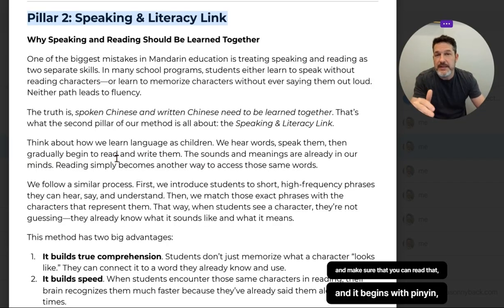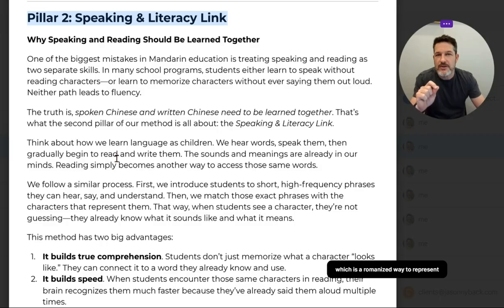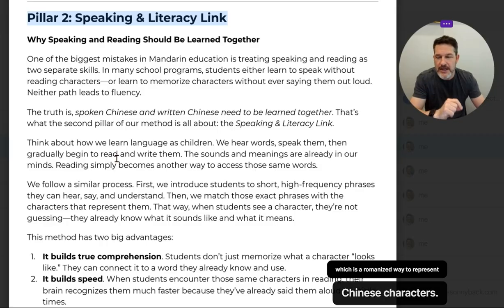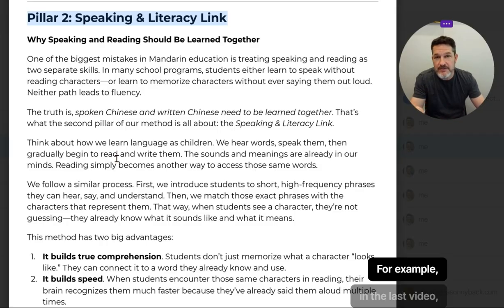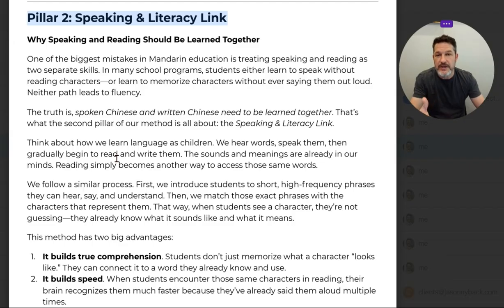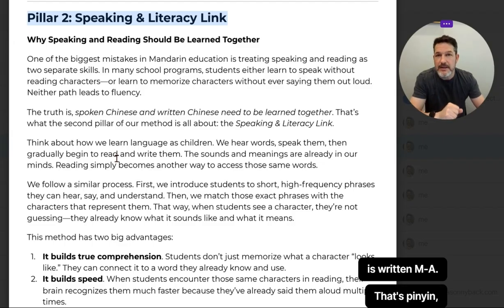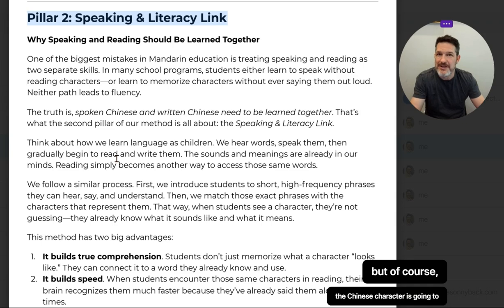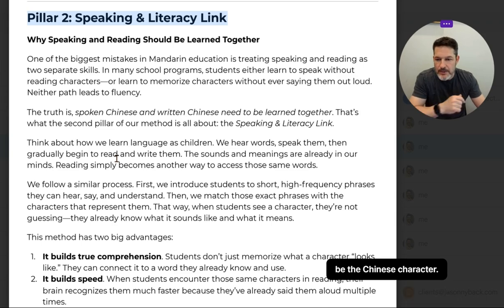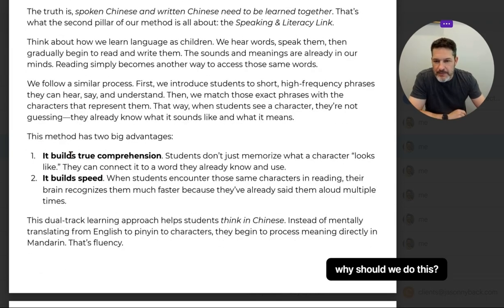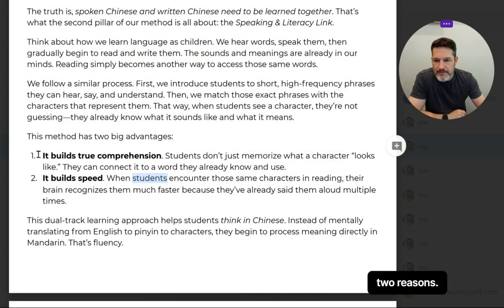And it begins with pinyin, which is a romanized way to represent Chinese characters. For example, in the last video, I mentioned the word ma, and that ma is written M-A. That's pinyin. But of course, the Chinese character is going to be the Chinese character. So, why should we do this? Well, two reasons. First,